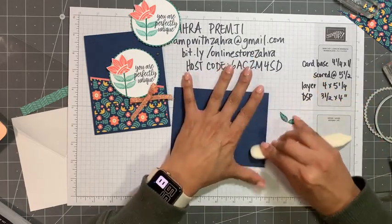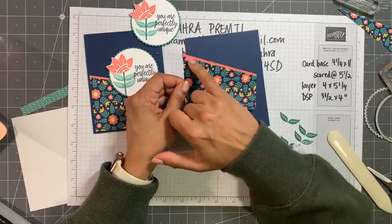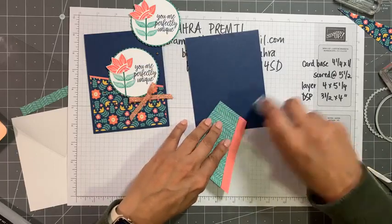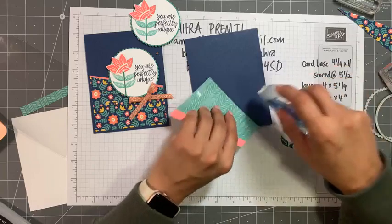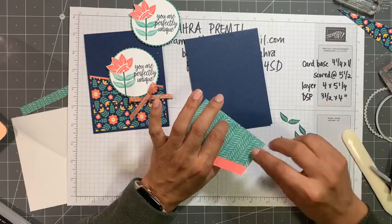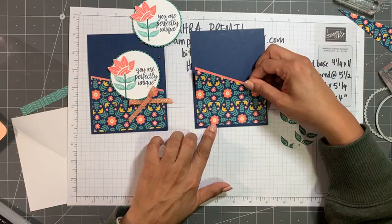So now we're just burnishing our card and we're going to start to assemble this. For those of you that are just joining, I showed at the beginning how to cut your designer series paper on an angle. This is going to look different every time for people because it depends on what angle and what size your designer series paper is. I used a piece that measured 3.5 by 4 inches, and then I cut 1/4 of an inch off the bottom, so it's actually 3 1/4 by 4. And then I'm just going to stick this down